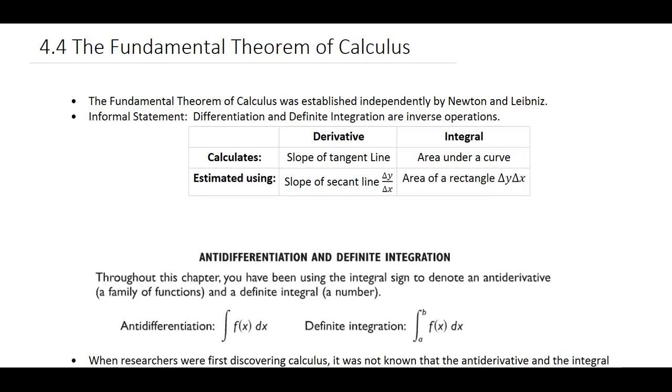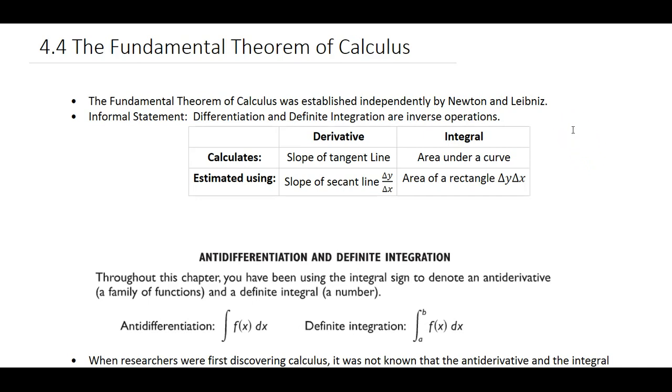So this section is where we finally put together all the pieces that we've been dealing with and show you kind of how all of this works together between finding the area and the antiderivatives that we've been looking at. So this fundamental theorem of calculus was established independently by both Newton and Leibniz. They were two mathematicians in very different parts of the world, and they kind of came to the same conclusion